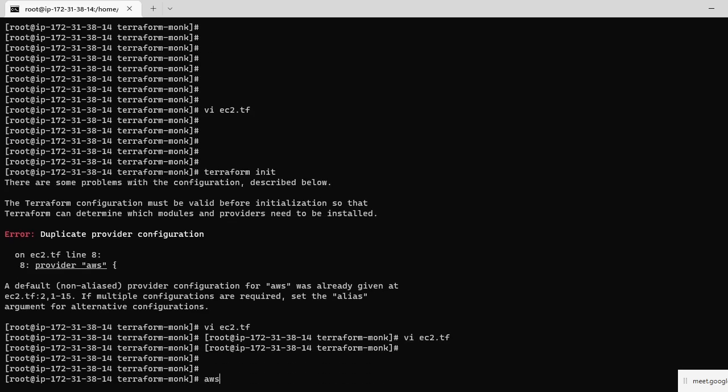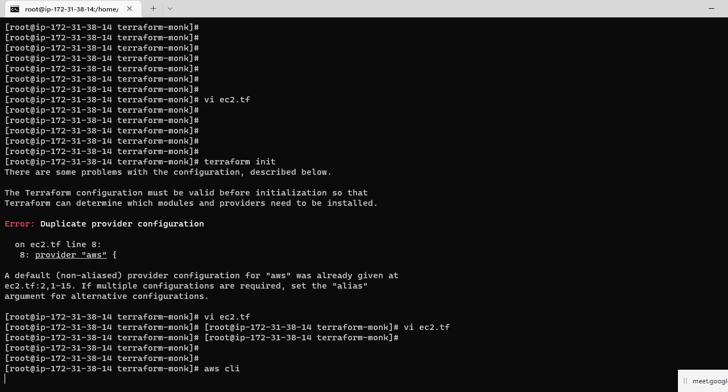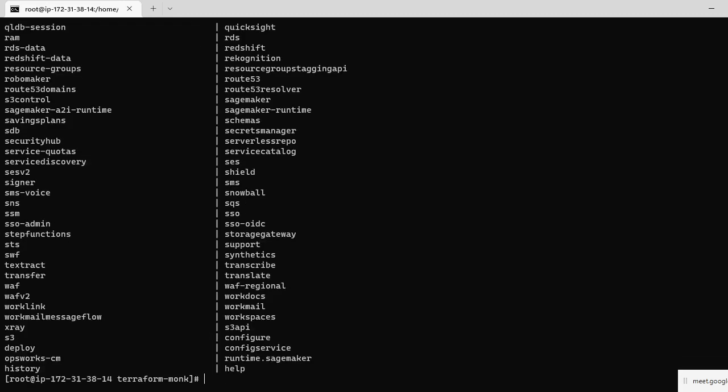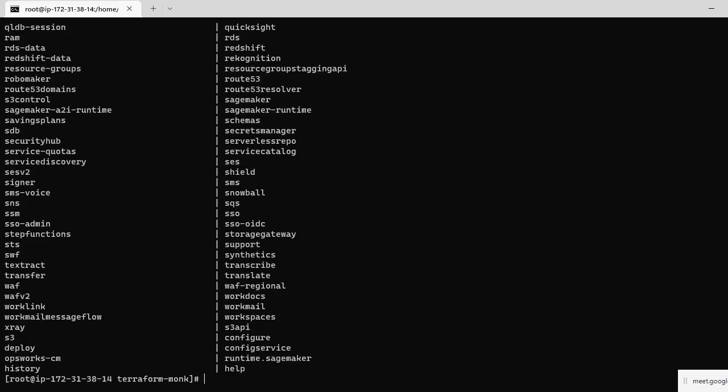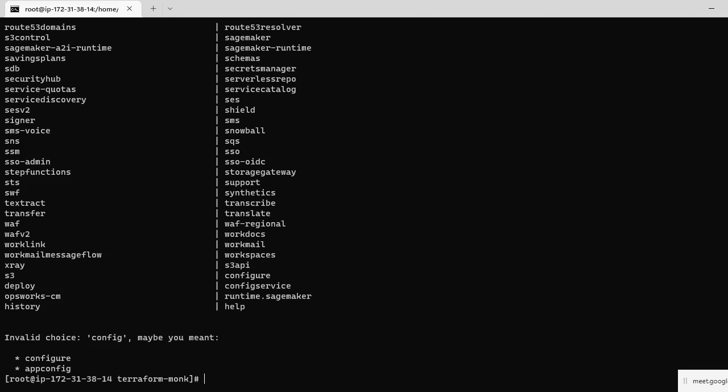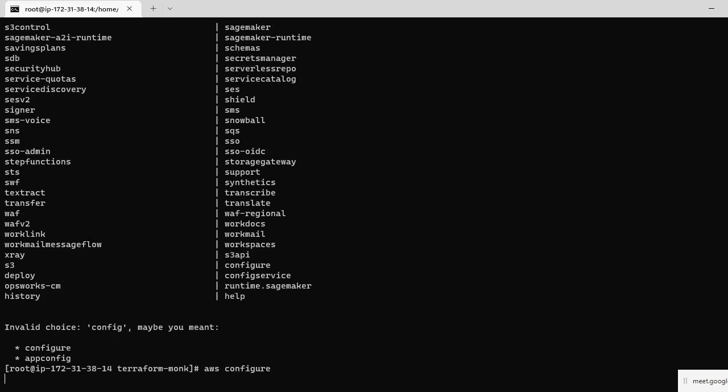Now AWS CLI, AWS configure. It's asking for the key.